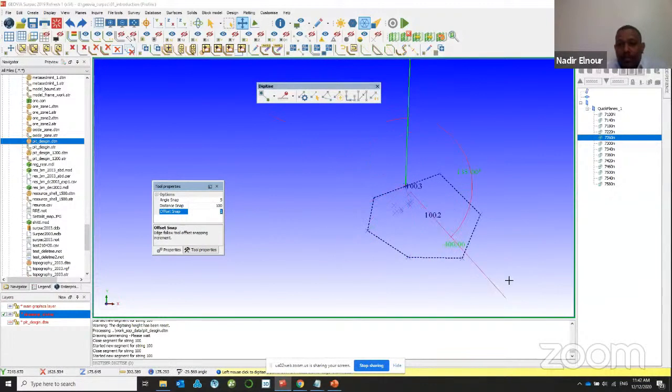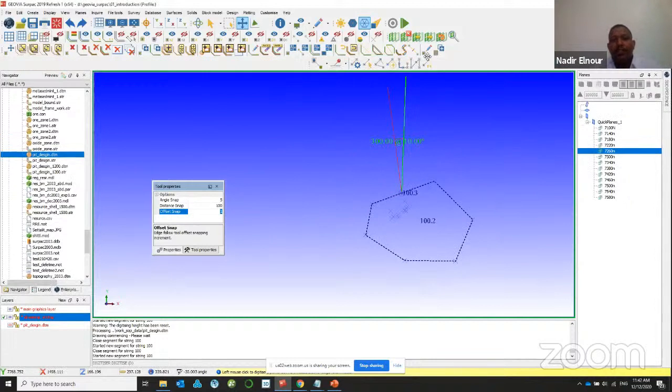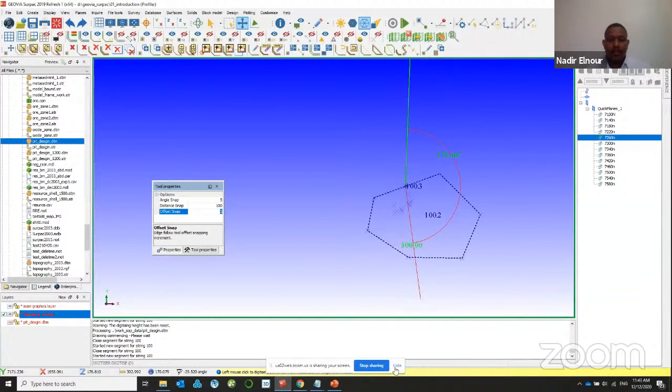This may be as good as CAD tools. You can just draw whatever you want in different directions. I think this is all for the digitizing. So I think we better now jump to the